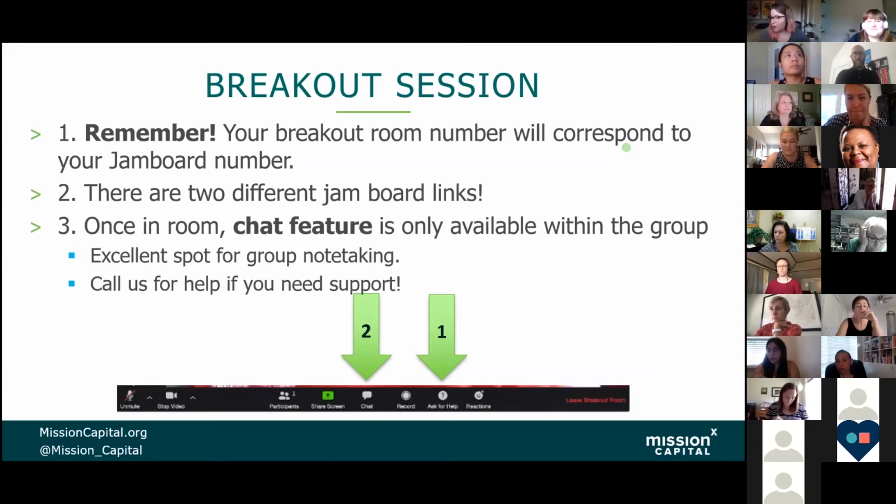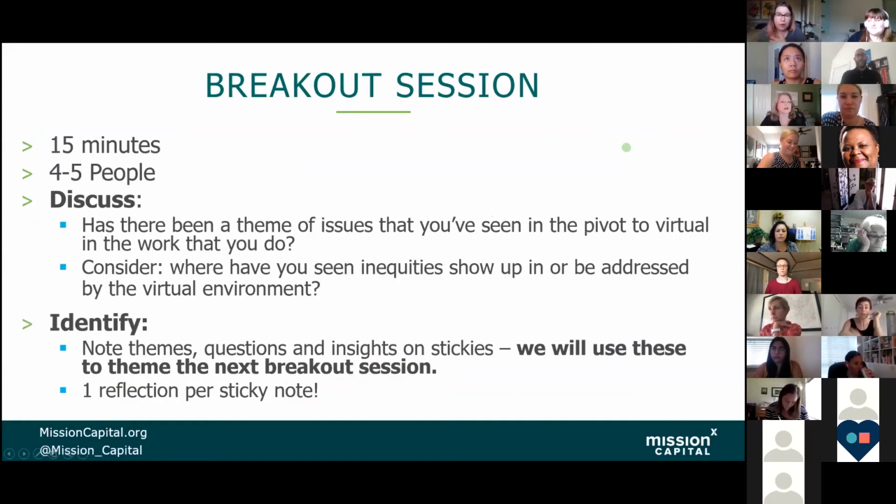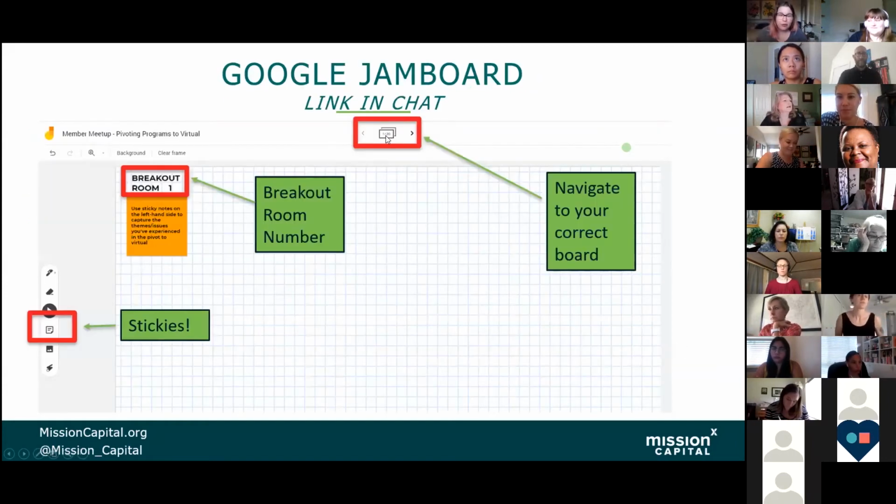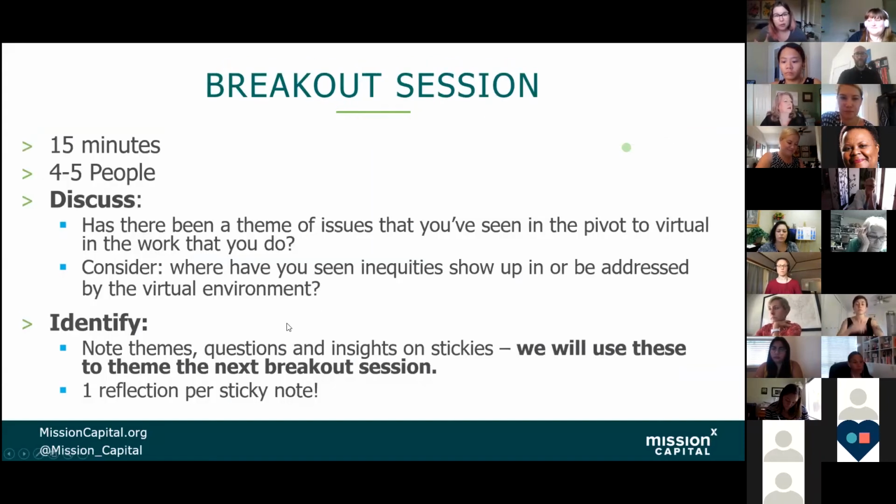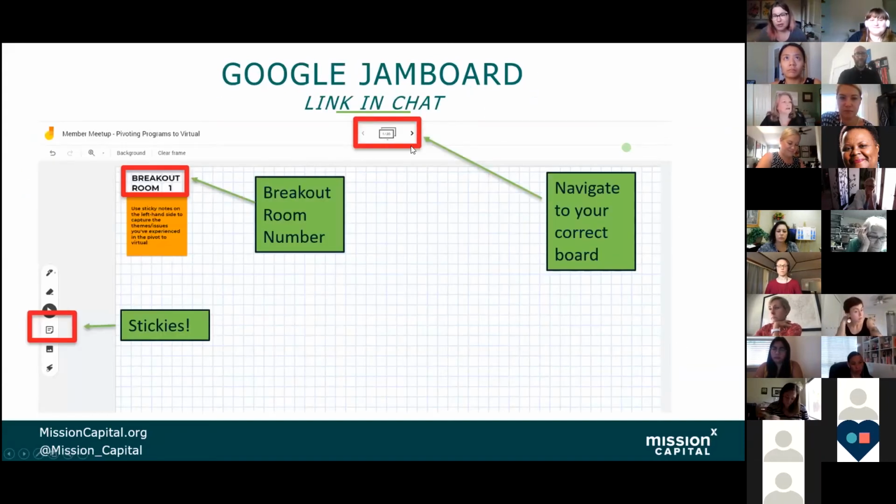Yeah, and so I'm going to open the room now, and we're getting a lot of chats about how you know your room. So right when the rooms get open, it'll come up and say join breakout room X, and that's going to be your room number. Based off of that, like Chelsea said, that'll be your Jamboard link. So if you're asked to join room 6, you would use the Jamboard link that says breakouts 1 through 10, and then navigate to the right Jamboard for your breakout room. So if we're ready to get going, we'll send you off into breakouts, and we're here to help. All right, here we go.